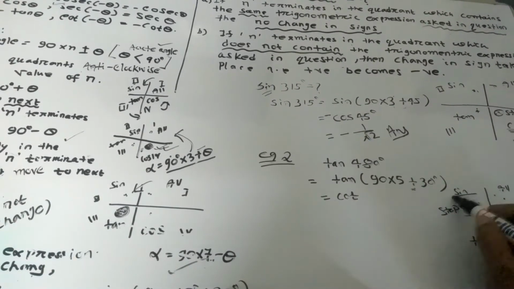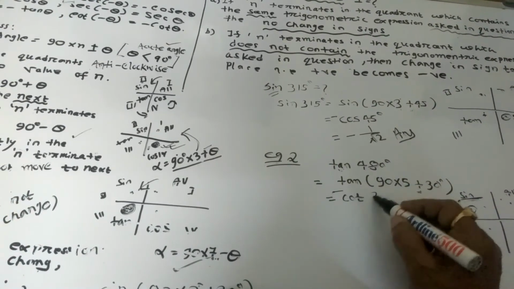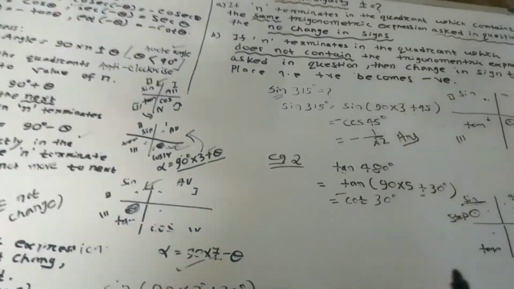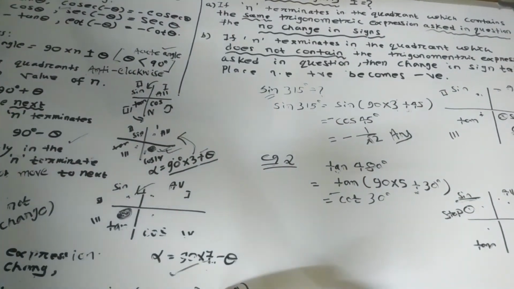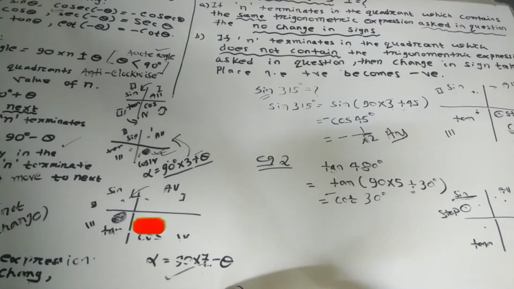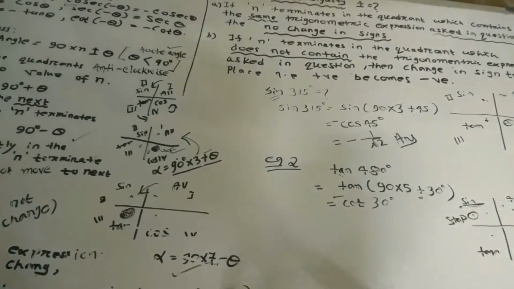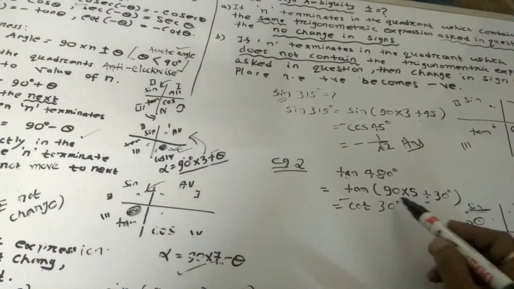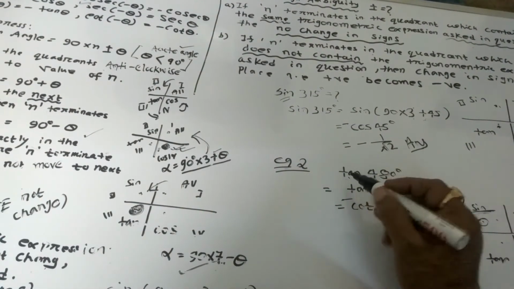So minus sign will go before it, and because it is odd, 5 cot, and it is in the sine quadrant, so we have to put minus sign. Follow it, same as before. So this is a very important sum, and if you follow it very carefully, you can very easily do the sum. Read the rules very carefully.